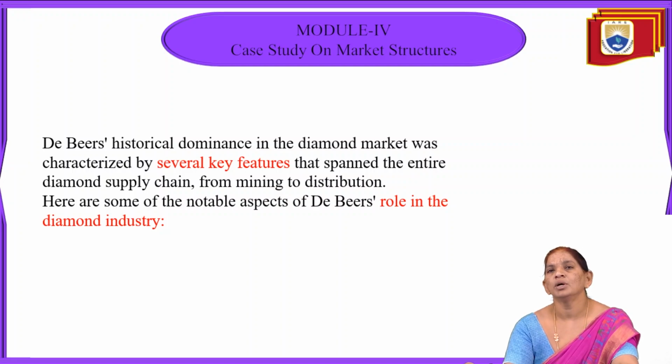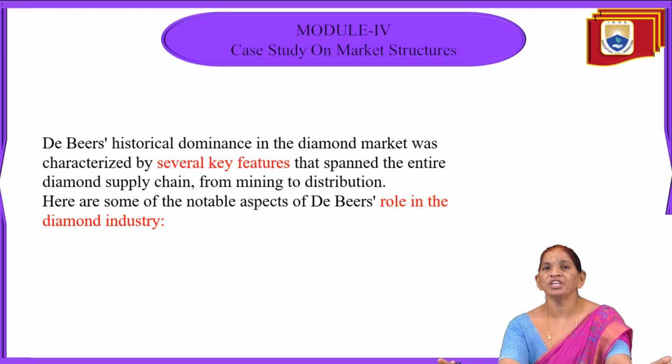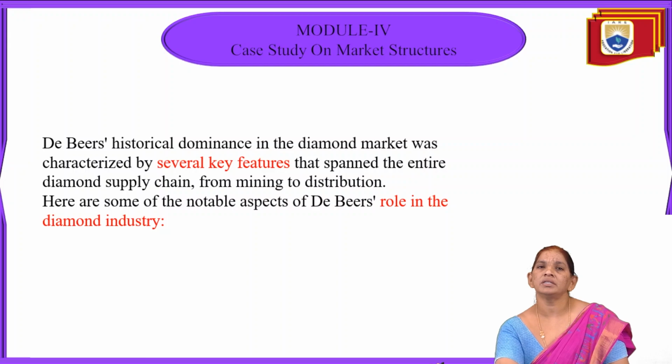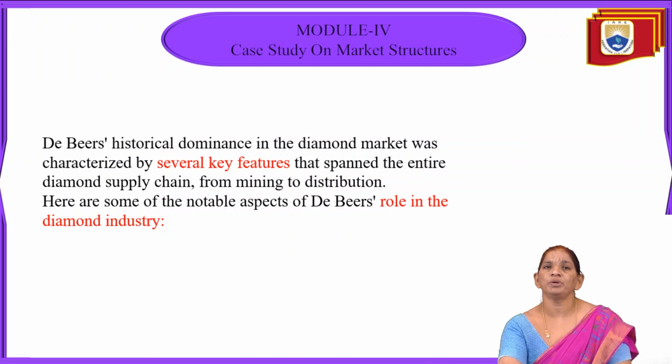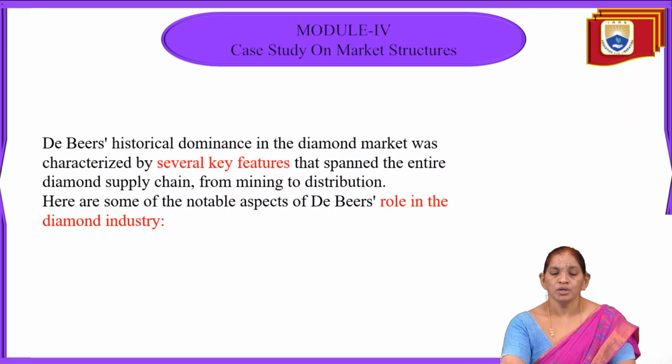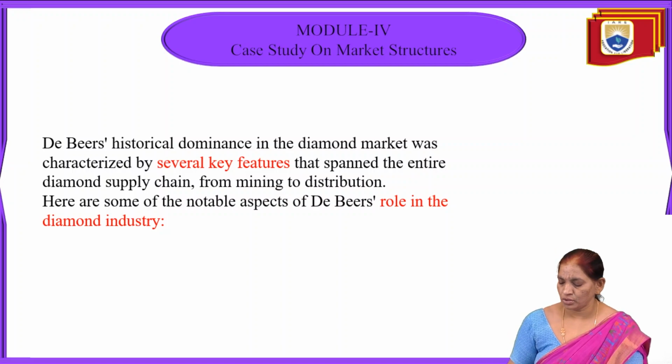It means from the production or mining of these diamonds, starting from that point, to how those diamonds have been produced and distributed in the market. Both things have been historically evidenced by the De Beers industry, and it has a competitive manner in how supply chain management has been adopted. Here some of the notable aspects of De Beers and its role in the diamond market could be extracted in this case study.